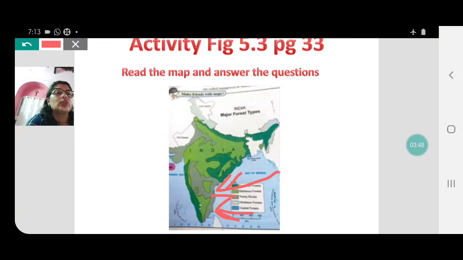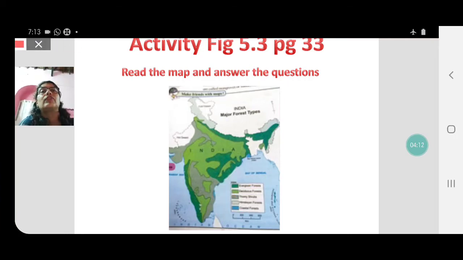The fourth question is, where do you find thorny and shrub vegetation found and why? And that is shown with the grey color. So you find the grey ones, you don't find it in western part of Rajasthan, but on the eastern part of Rajasthan. I don't know why my marker is not working. So if you look at Rajasthan, the eastern part of Rajasthan. I'll try and get it back again. The eastern part of Rajasthan, no.